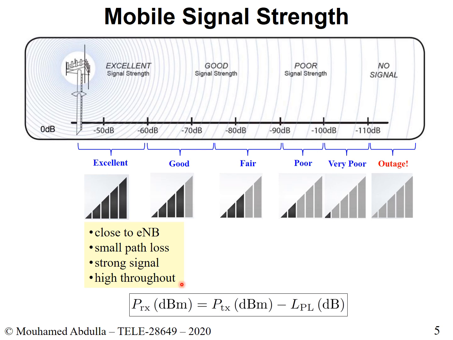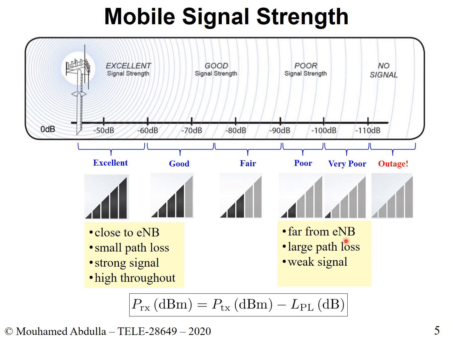Okay. Now, if we move along and we look at the other side, the lower end of the spectrum, we're here. What happens is the following. If your mobile is anywhere here, well, you are far away from the eNodeB. You're no longer close to the eNodeB. You're farther away from it. The other thing that we notice when we're here is that your path loss is very large. You're far away from the eNodeB. There's a bigger distance, and we saw that the bigger the distance, the bigger the path loss.